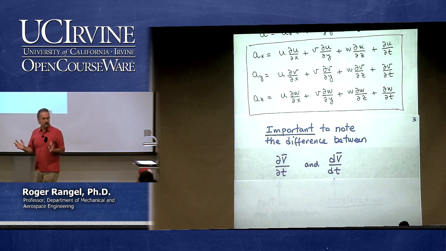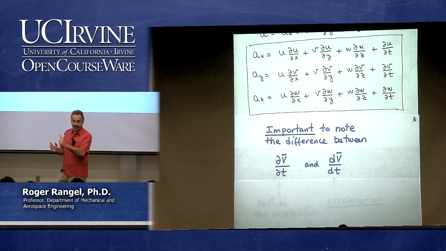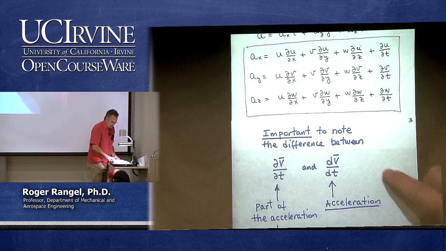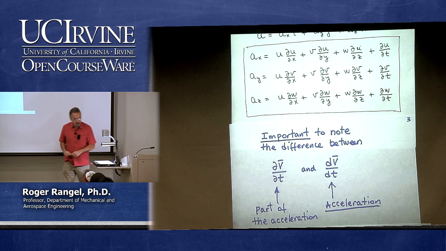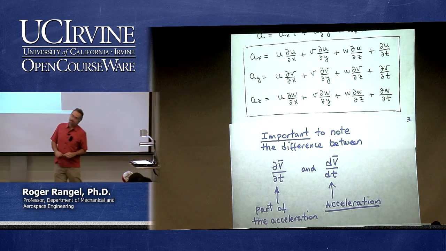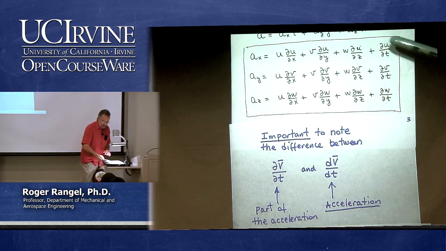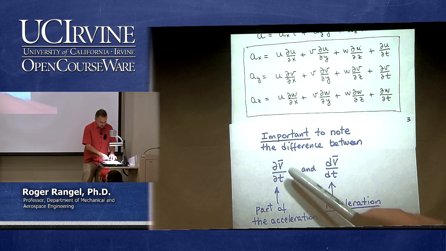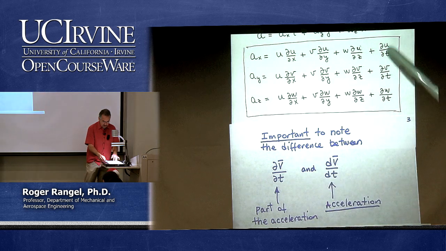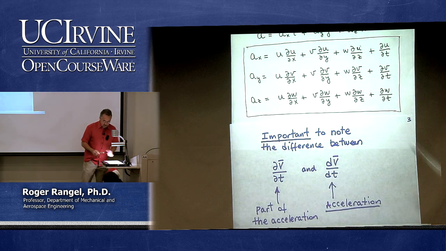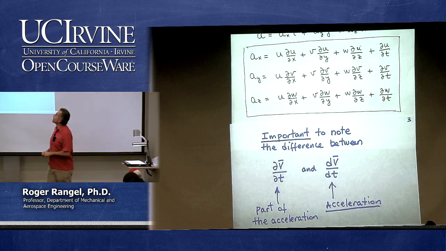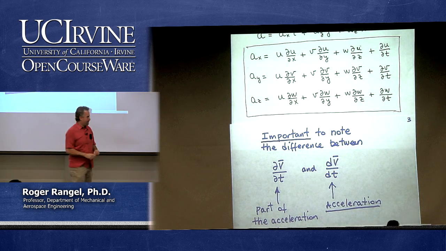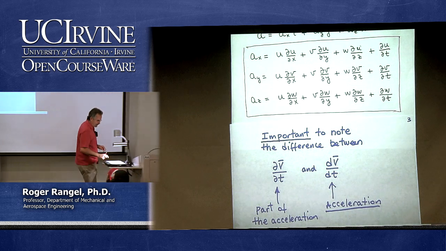Is it the acceleration? Part of it. That's what I want to hear. It's part of it. Which part? Well, the one that is listed last here in this box. It has three components. Partial v partial t has these three components because the vector v has three components. So this is the acceleration. That's just part of it. But that part of it is crucial.